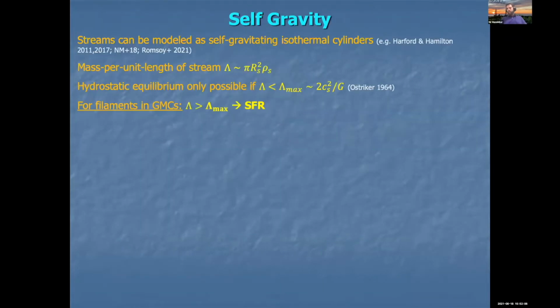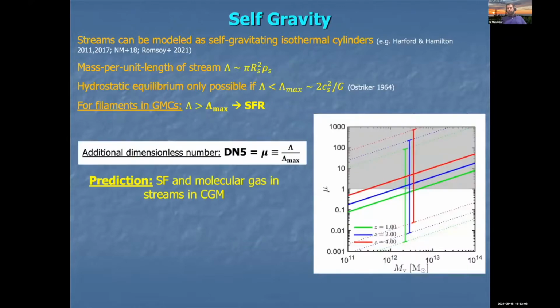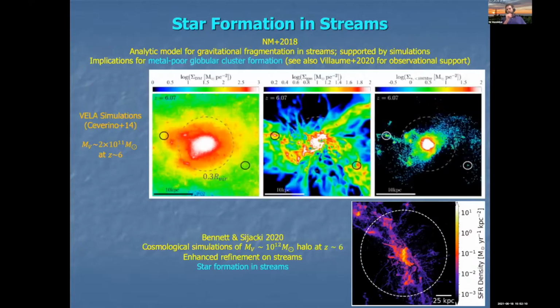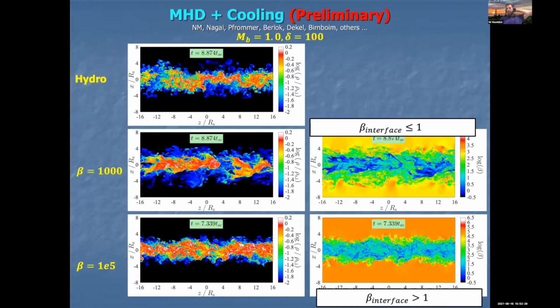I don't have time to talk about self-gravity other than to say that streams are expected to be self-gravitating and be able to form stars. And I wanted to throw up this slide from Jake Bennett's simulation. We heard from him earlier in the week, and other simulations by me that shows that these streams can actually form stars as a result of gravitational instabilities, as well as the thermal instabilities that we talked about. And this can be quite interesting. I'll just skip to my summary and say that